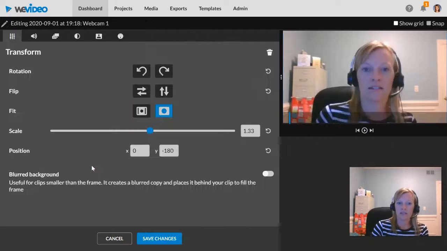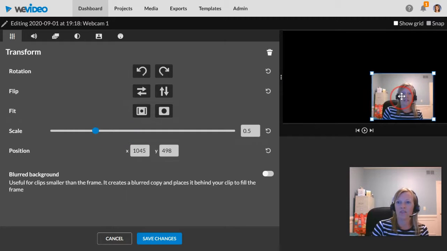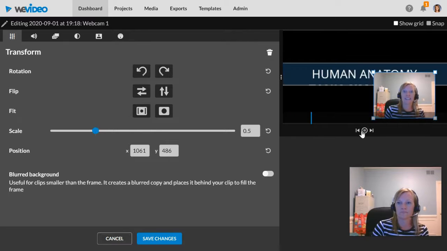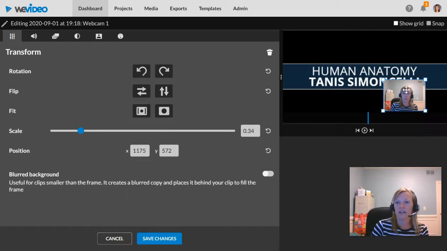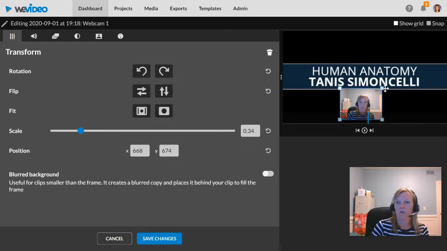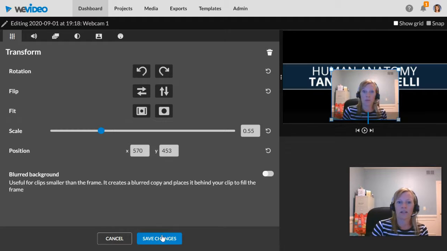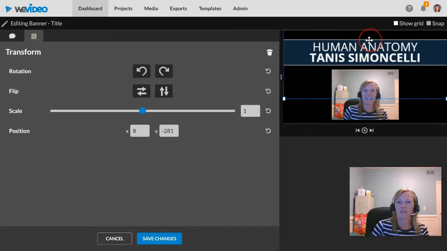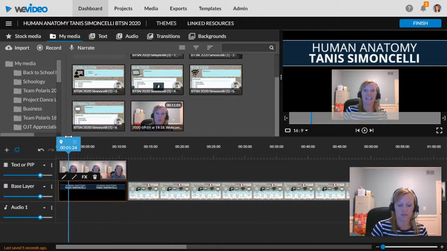You can double click on your image and you can scale it down. So I could have it showing down here in the bottom, and then I could preview it. Okay, so now I can see it here and I can bring it underneath, or I could make this a little bit larger and I can go back to my other text, double click, and I can move that up. All right, and that is an easy way for you to layer. So then if I hit the space bar,